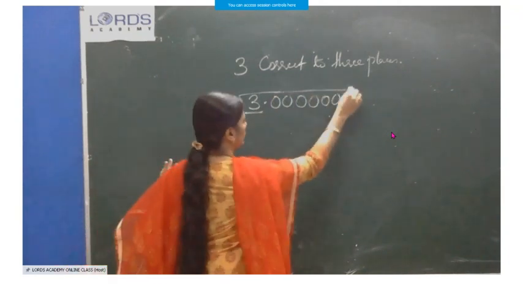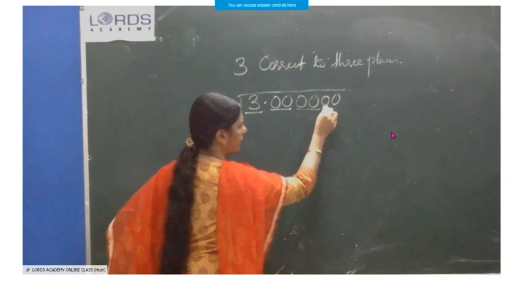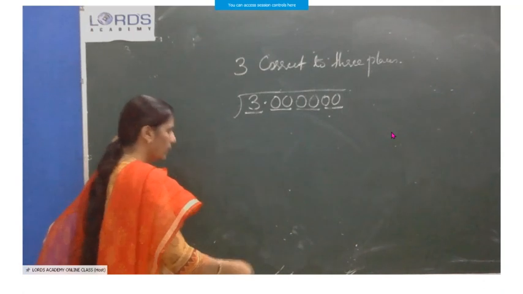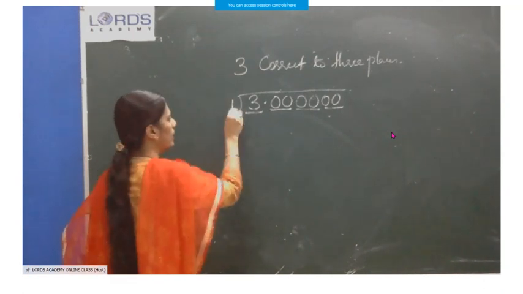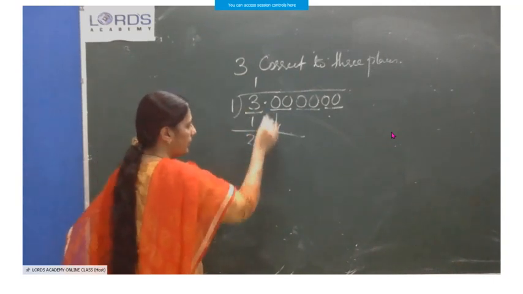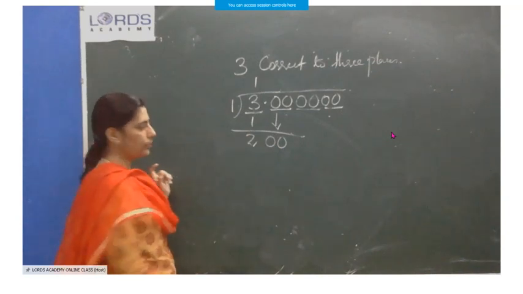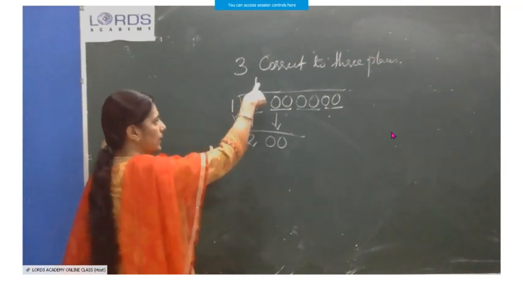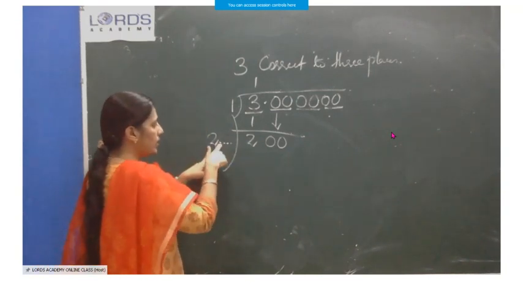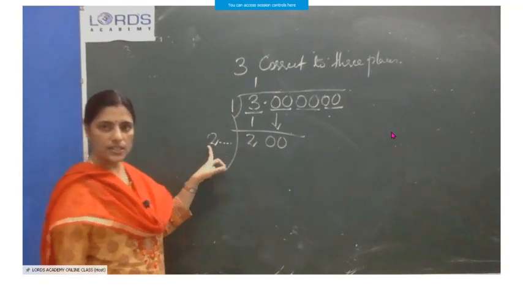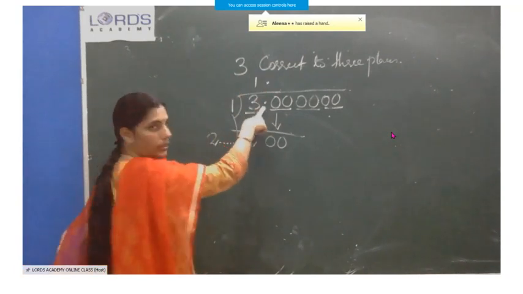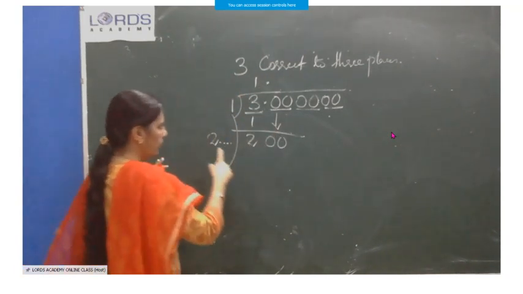Okay. Then we are going to start. So pairwise, we grouped. Now in 3, the whole number part, what into what gives 3? Such a number is not there. So 1 into 1, 1. 1 into 1, 1. What remains? 2. What will you have to bring down? 0. This 0 you have to bring down pairwise. What's the new divisor? It's double. Double of 1, that is 2. Then we have to find one more digit to satisfy this 200. Here you have to put the point. Okay. 220.